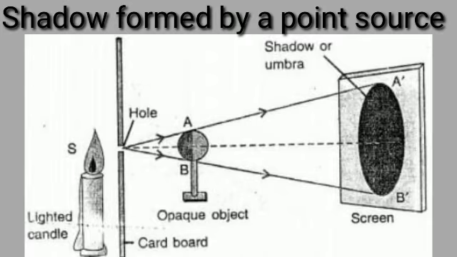Now the apparatus required for this are the candle or torch, cardboard, screen, small ball, big ball, etc. Take either a candle or torch as a light source. In front of it, set up a cardboard with a tiny hole, as shown in the figure. Now the light is seen to emerge from the hole on the cardboard. Such a light source is called point source.